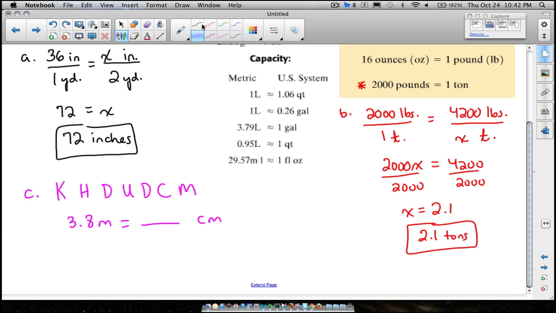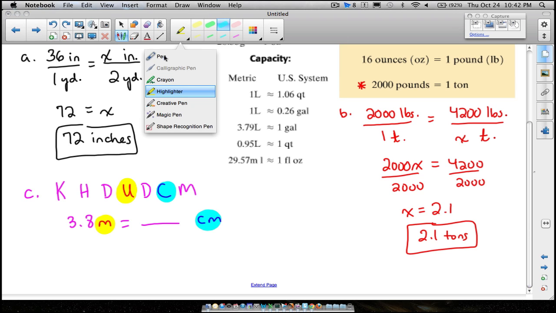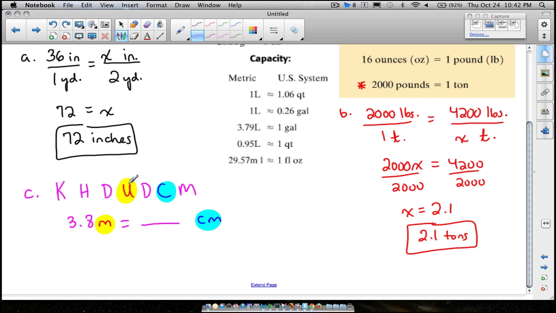So since we're at meters, meters represents the unit. That's what that U stands for. Look back at your notes for that. And we're trying to convert to centimeters. So if we look at our little acronym we drew out up here, we're converting meters to centimeters. So we move the decimal 2 places to the right. So if we have 3.8, you move the decimal 2 places to the right. The same thing I did up here. Therefore, we got to add a 0 so we can say that 3.8 meters is equal to 380 centimeters. Notice when you move that decimal 2 places to the right, you have to add a 0. That's how I get that 380 centimeters.